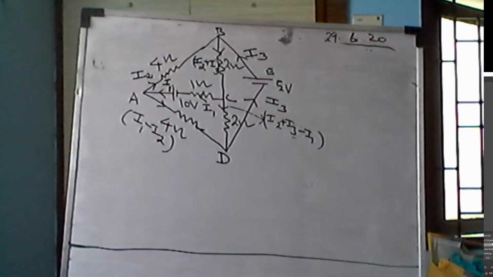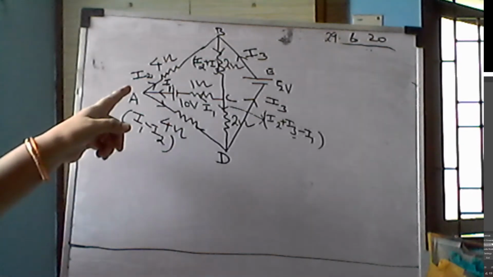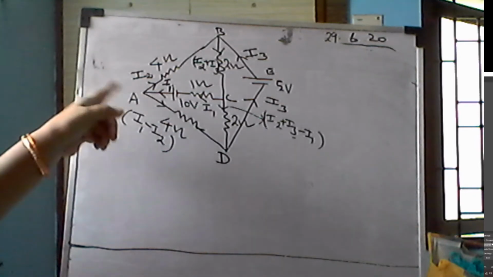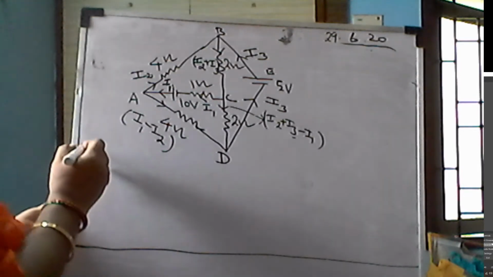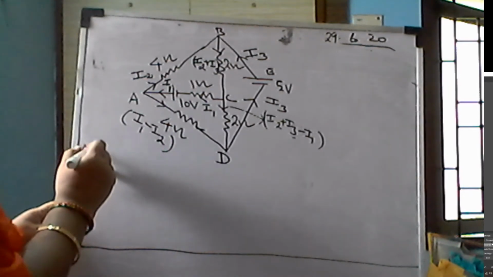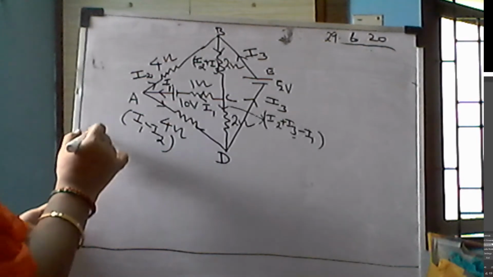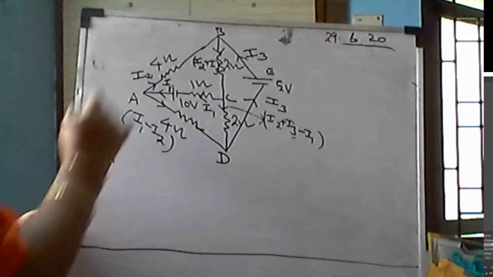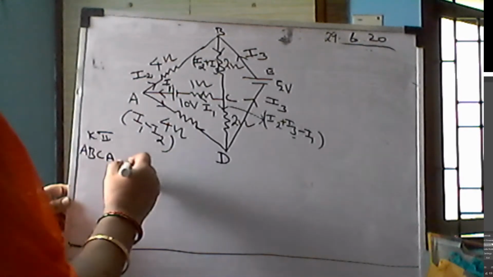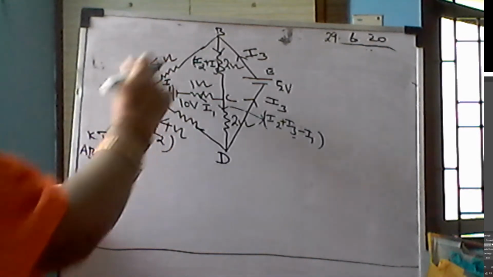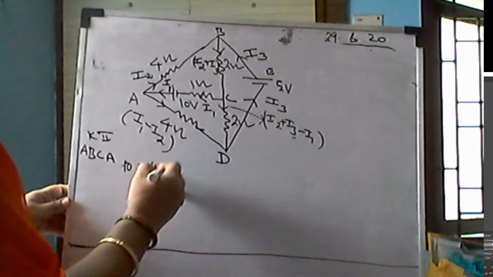Then you have to apply Kirchhoff's second rule, the loop rule. Any mesh you can apply. You can start from here because of this 10 volt. So A, B, C, A. For the mesh A, B, C, A, if you apply Kirchhoff's second rule, then you can write 10 volt is equal to, along this direction,